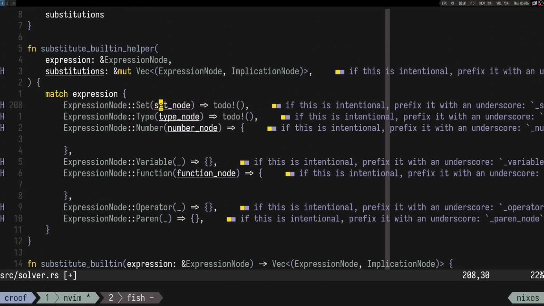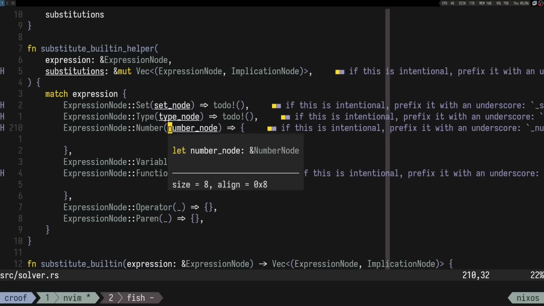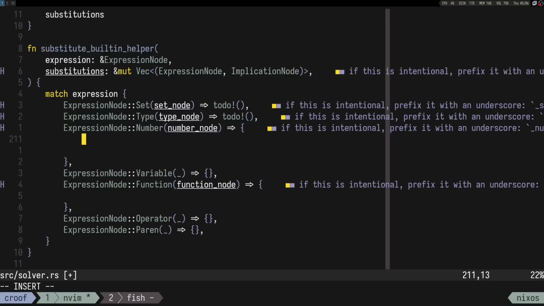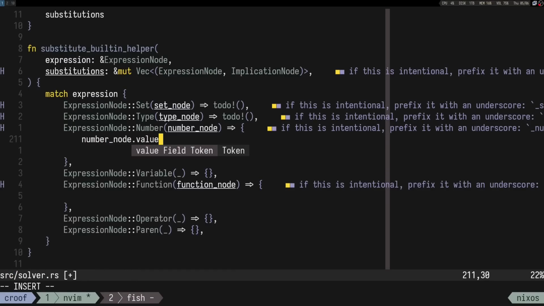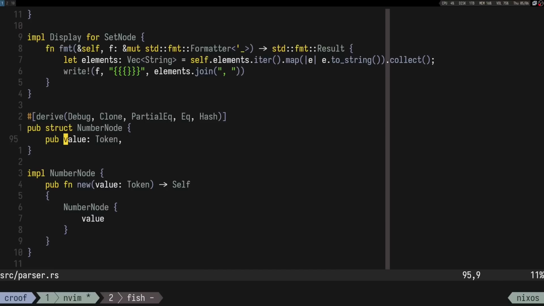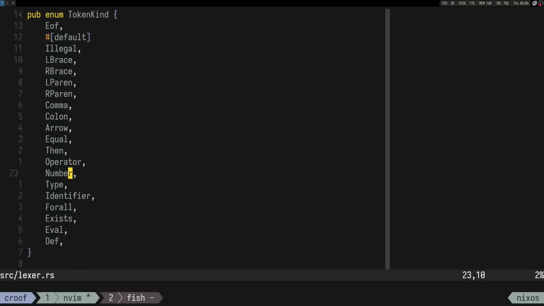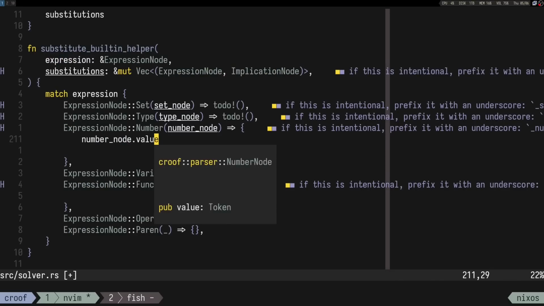Okay, but I'm not sure about set and node. I'm just gonna leave them. Okay, so if we have a number, this one is pretty straightforward, although in the future we might have different kinds of numbers. So number node dot, I guess we might have numbers that are like floats. Right now we have just number, right? So value,